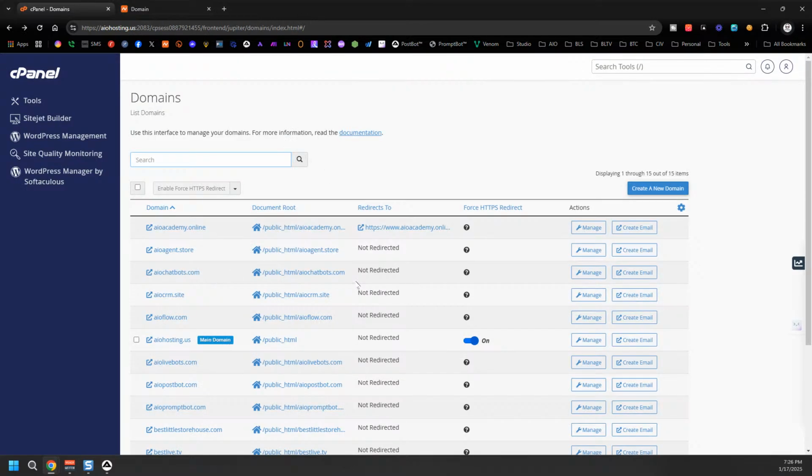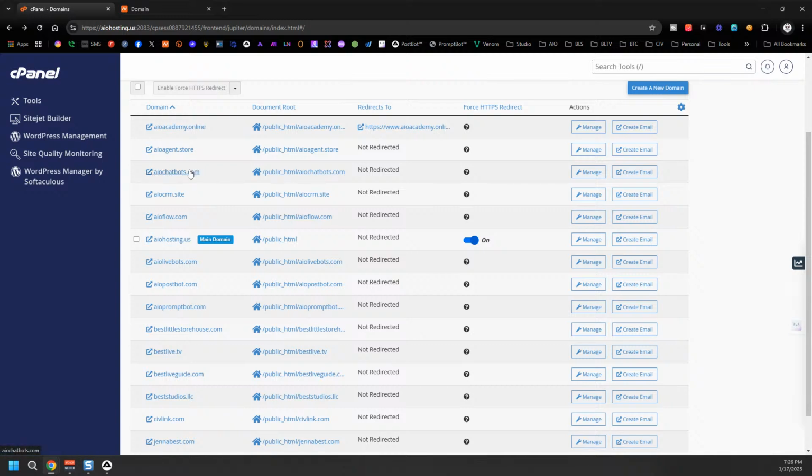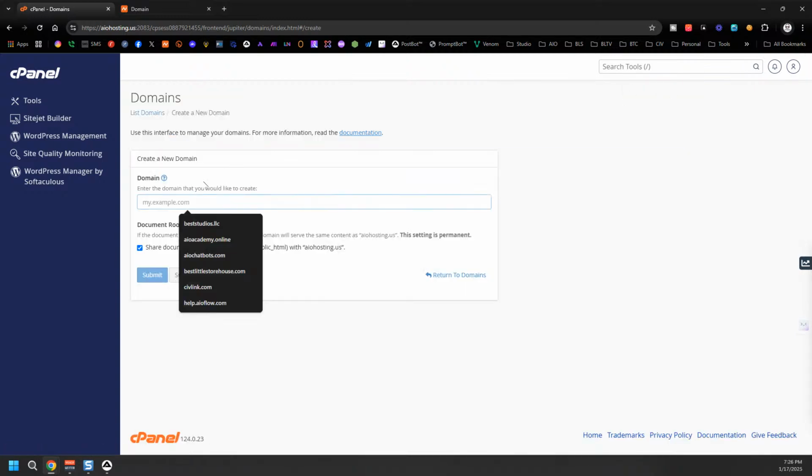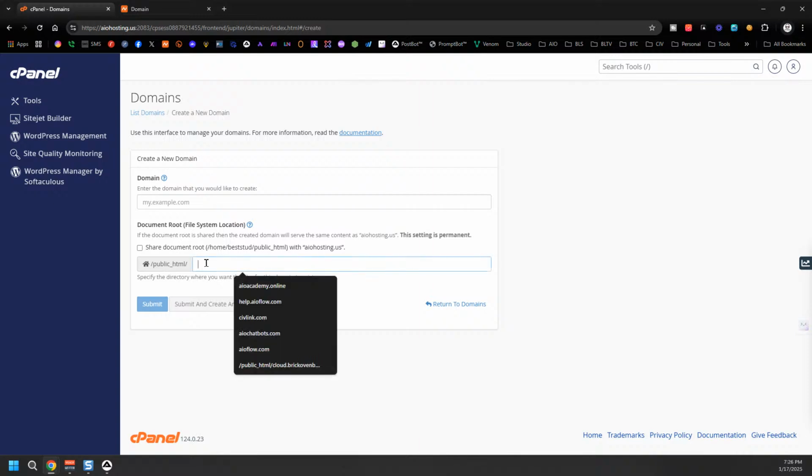So in this case, if I go to start a website on a domain that I have over here, that means I've already pointed the domain over to this host, so I'm able to add it into the cPanel by simply adding it through the domain section. I create a new domain. I add the domain by name. I simply give it a folder outside of sharing it. I don't like to share with the home domain, so I simply put a new folder for the domain underneath